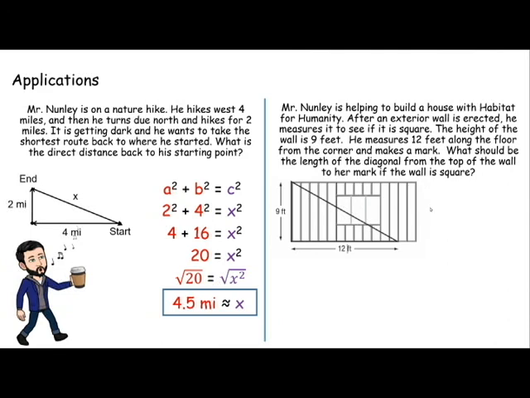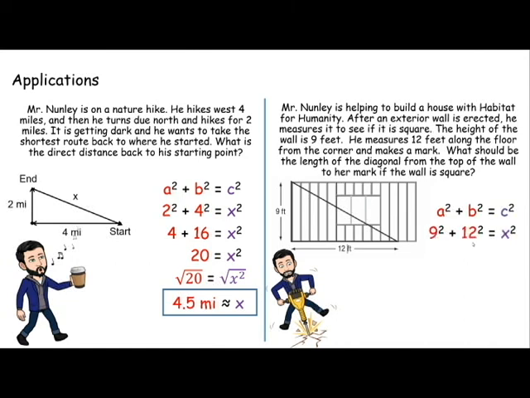Now, this is actually how construction workers will check to make sure that they are building walls in right angles or straight up and down. They will measure out one direction, measure out another direction, and then use a tape measure to try and see if this third side makes this a right angle. If this is a right angle, that third side would have to be a squared plus b squared equals c squared. The third side would have to be 81 plus 144, or the square root of 225, meaning that board length, or this distance from here to here, would have to be 15